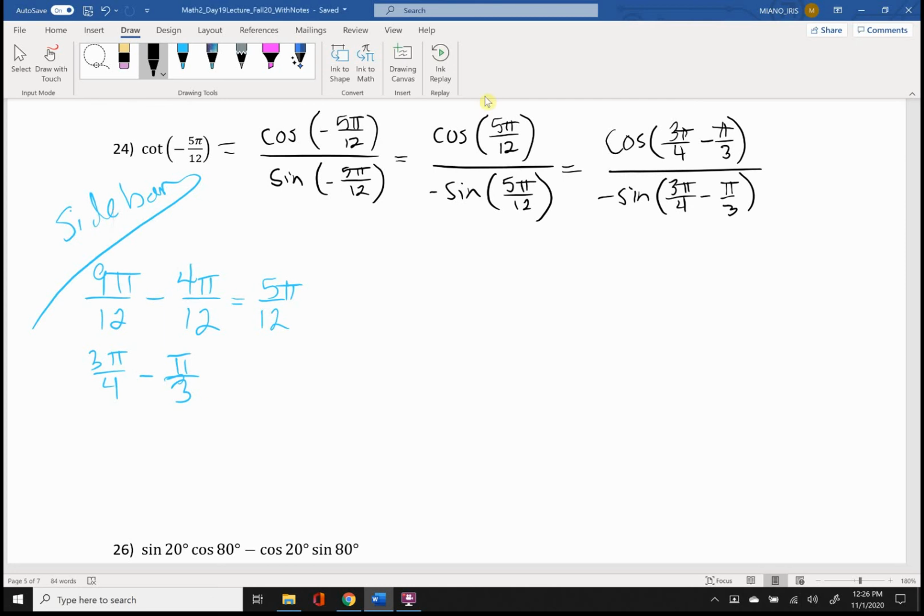Okay, so I'm going to continue it over here so I give myself plenty of room, and it becomes the cosine, because if it's a cosine difference, it's cosine, cosine, sine, sine, and you switch the sign, right? So that'll be cosine 3 pi over 4, cosine pi over 3,